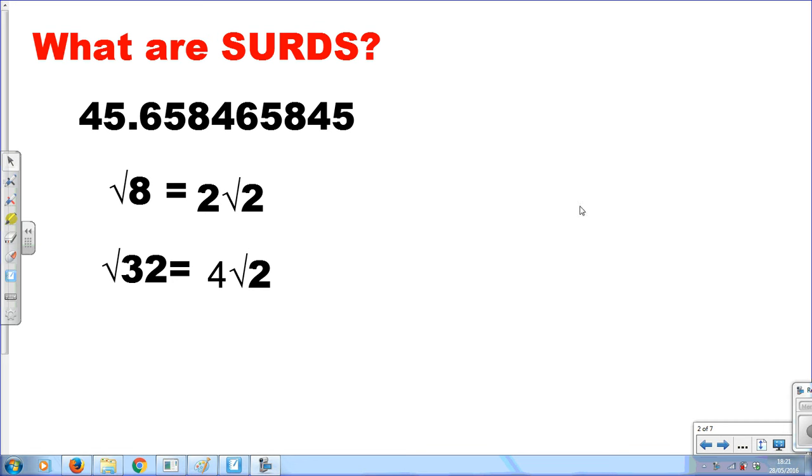So what is a surd? A surd is normally written in this form here, so it's inside a square root symbol. A surd will represent a number in its exact form. Now, what do I mean by that? Well, let's look at this number here. It's quite a long number,